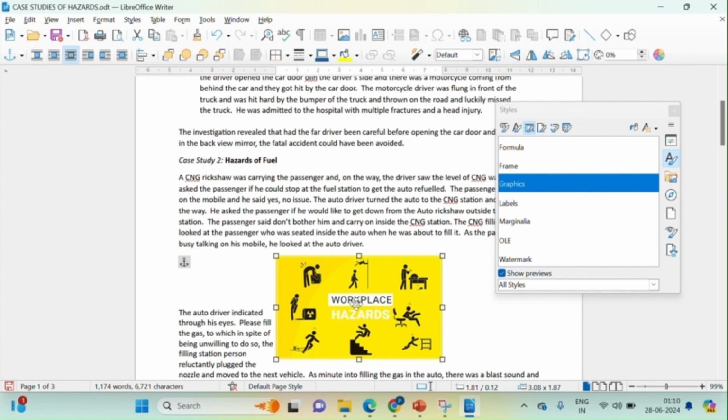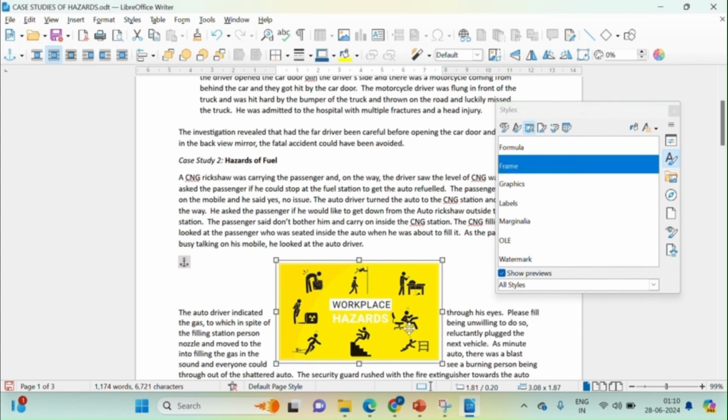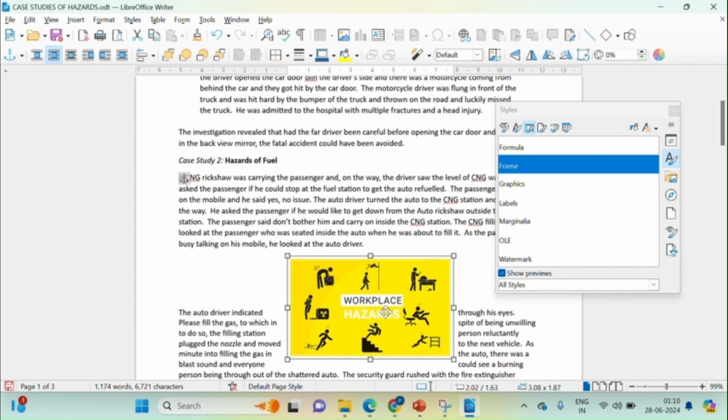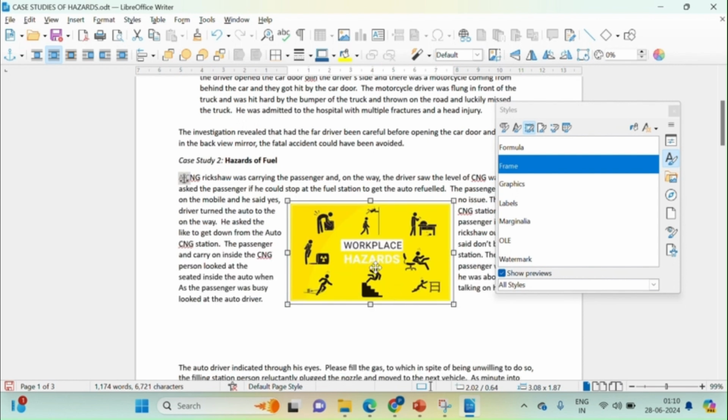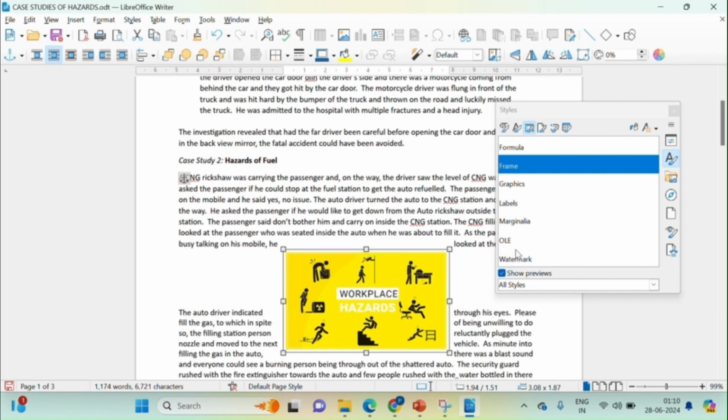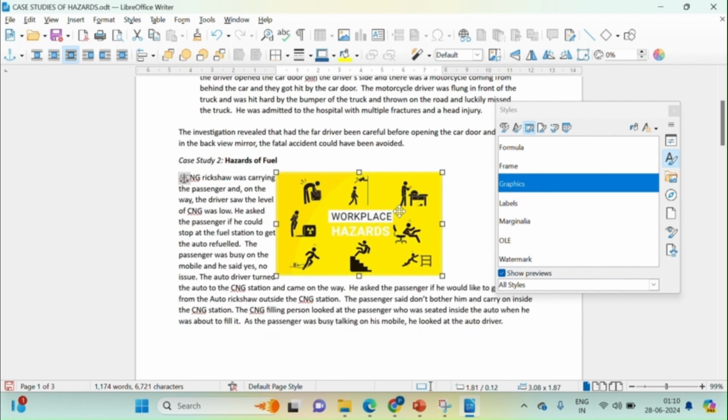So now I'll be selecting the image, going on the frame style action button and double clicking on frame by default. So what is happening, once I select the frame style, it will be displaying the entire image as a particular single frame. So this will be the frame that will be applicable to the image only, and the text will move around this particular frame. Similarly, I can apply other frame styles that are available. Suppose graphics. This is how it will be placing it as a particular graphic or a picture. Similarly, I can apply a watermark.